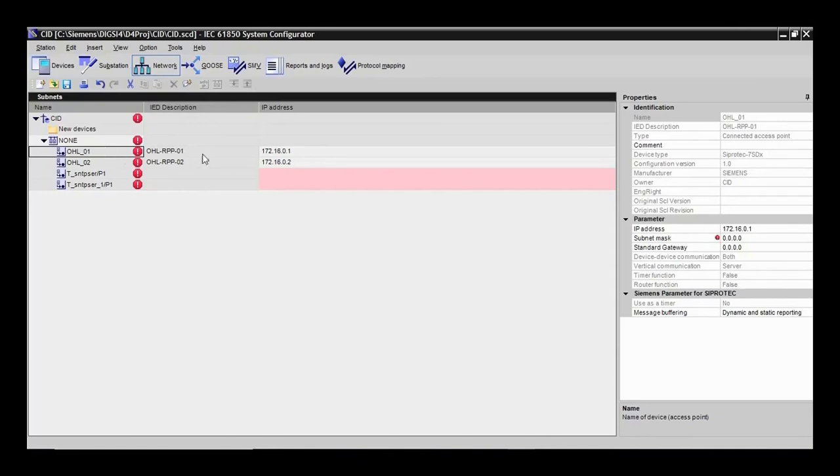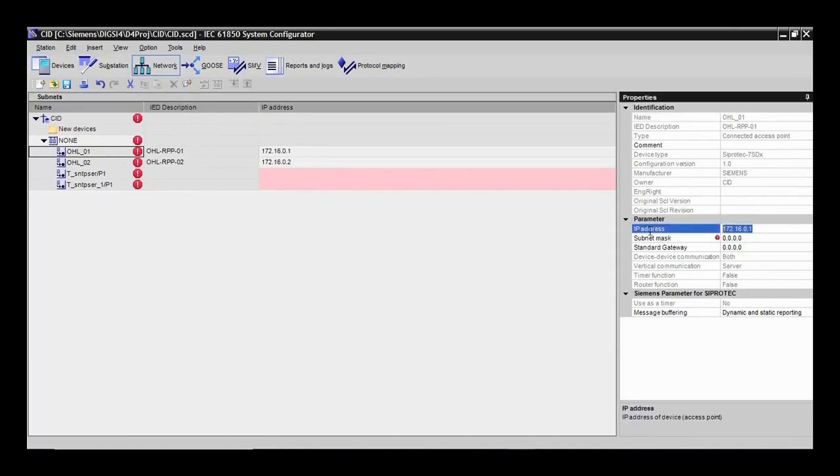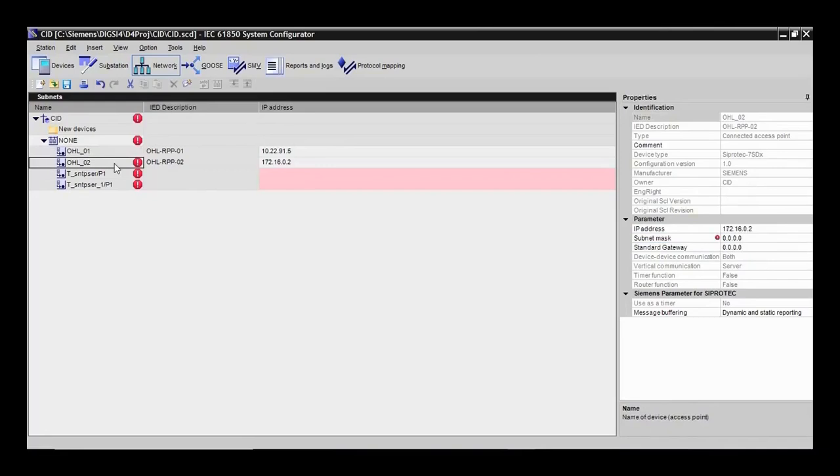I will go to the primary relay and enter the IP address according to the network you are working with. 10.22.91.5 with a subnet mask of 255.255.255.0 and a gateway address of 10.22.91.31. That is the network you are working on. So you have 10.22.91.5, your mask is 255.255.255.0, and yours is 10.22.91.31. For the second relay, the address shifts to 10.22.91.6, subnet mask